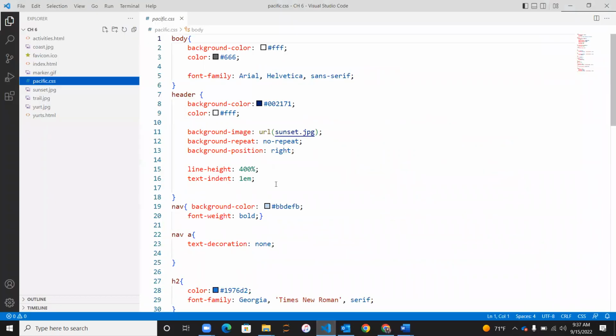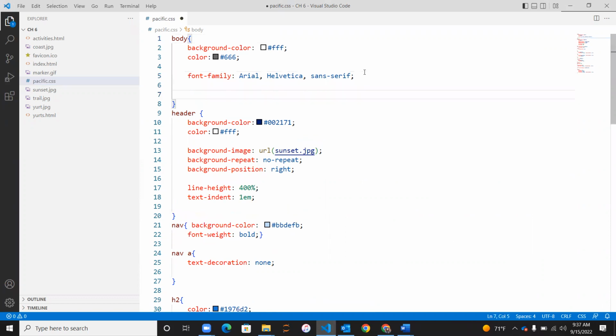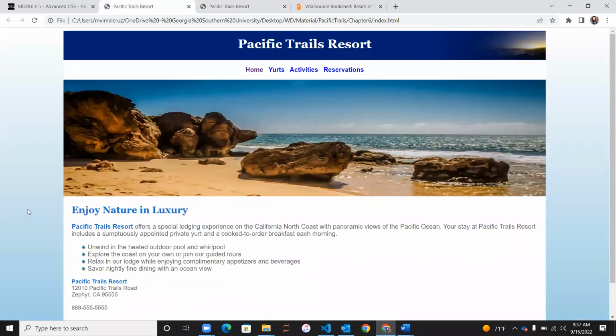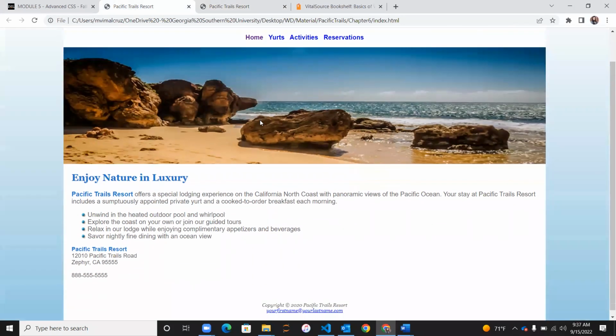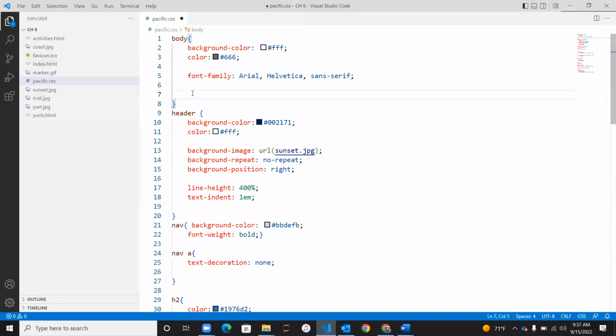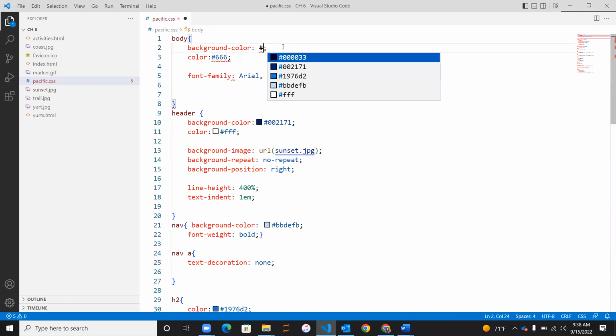So go to the body element selector. Whatever you have added last week, along with that, you're going to add a new property. First thing, let's do the background color change. Right now it is white color. But we are going to change the body background color to blue. We are doing it for the browsers that don't support this linear gradient. So we are just changing the background color from white to the color value given here,